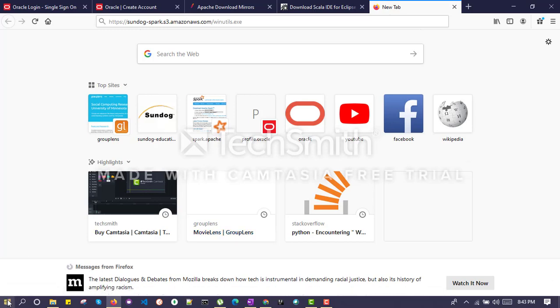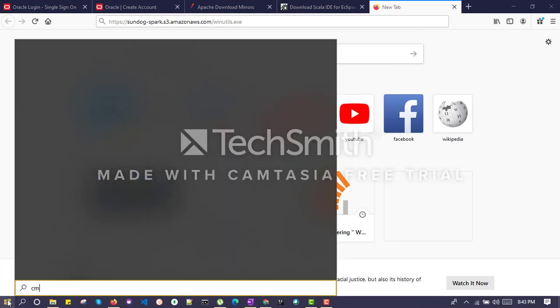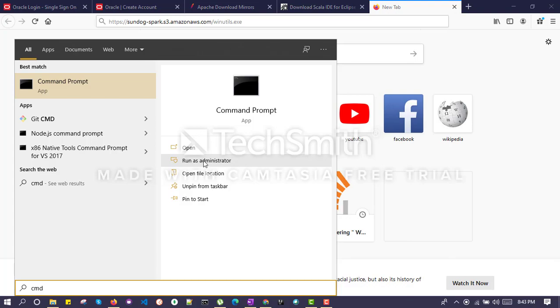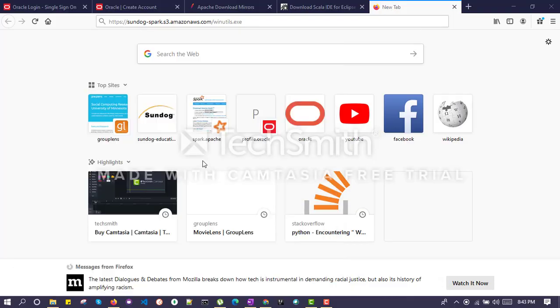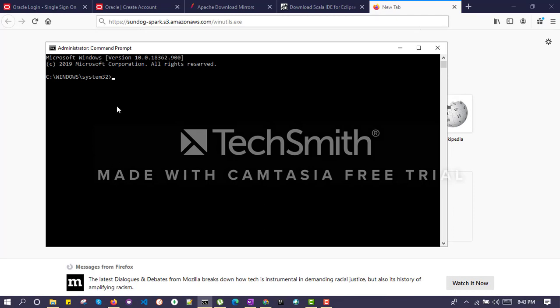So click on Windows, type CMD, run as administrator, and we need to type spark-shell over here. If all the configuration has been done correctly, we will be able to see a Spark window over here.